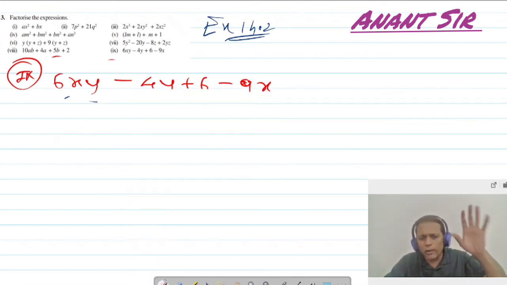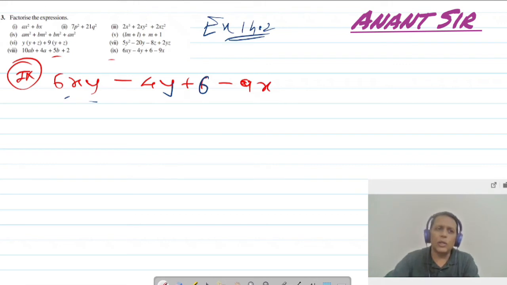So, I am going to solve it like this only, and then we will see if it makes it easier for us if we rearrange in the beginning only, okay? So, I am going to solve it like this only. So, let's